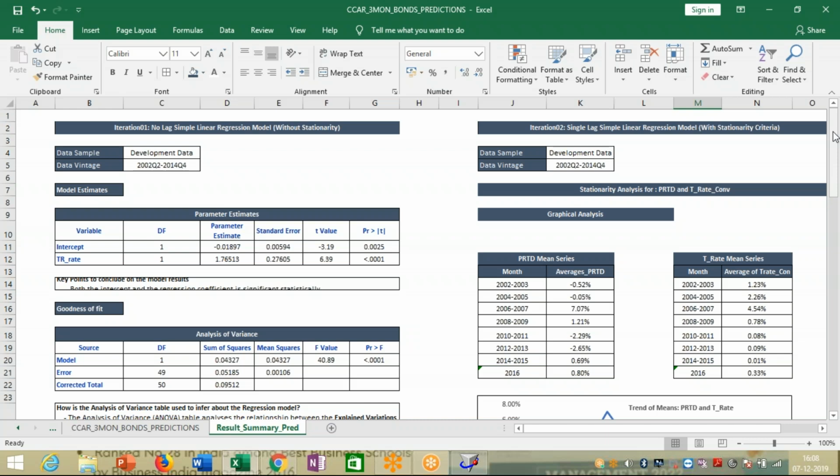Hence, we have just kept like that I have sample, but for the next it's large. So the time span